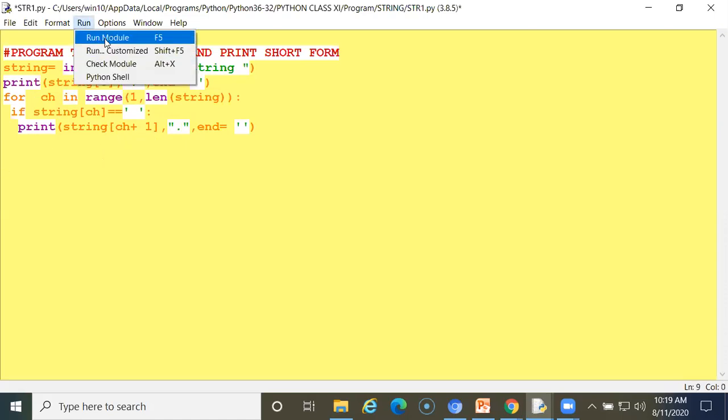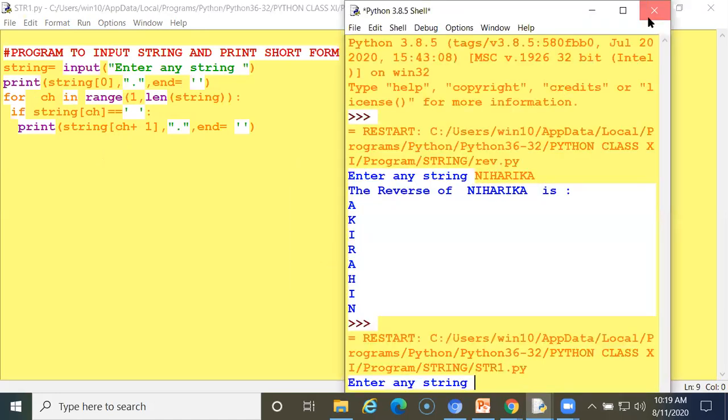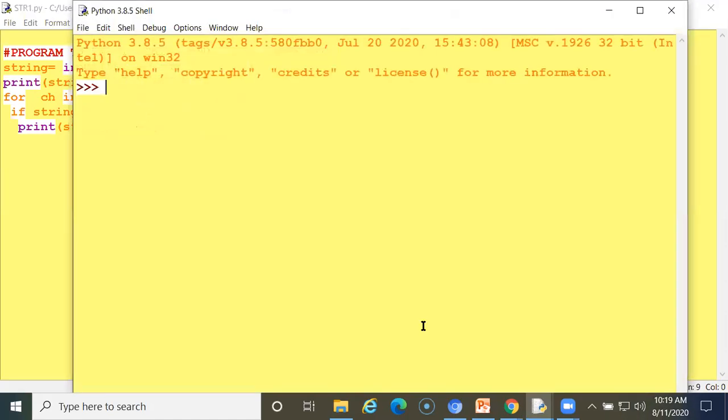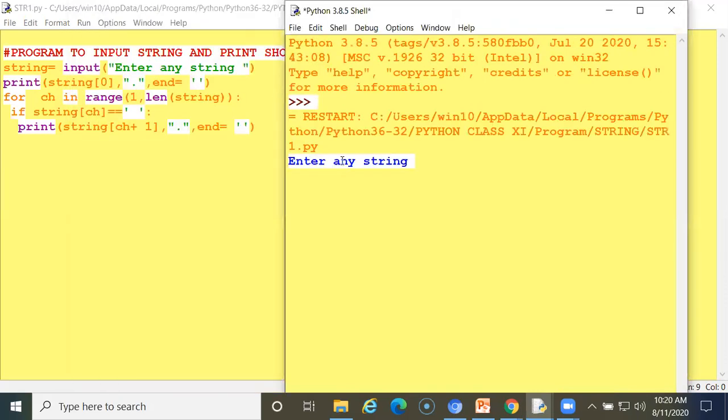whenever I execute my program, I am executing my program. See here, enter any string.